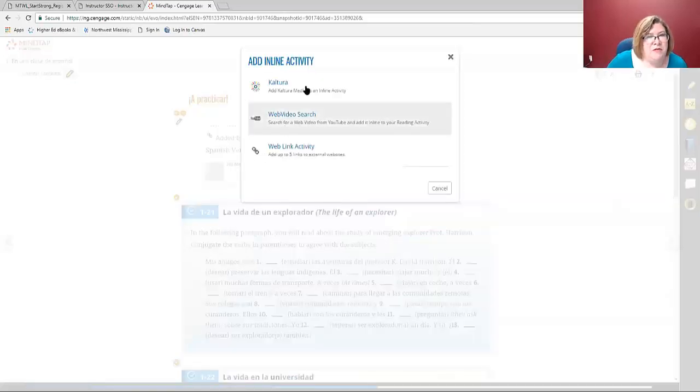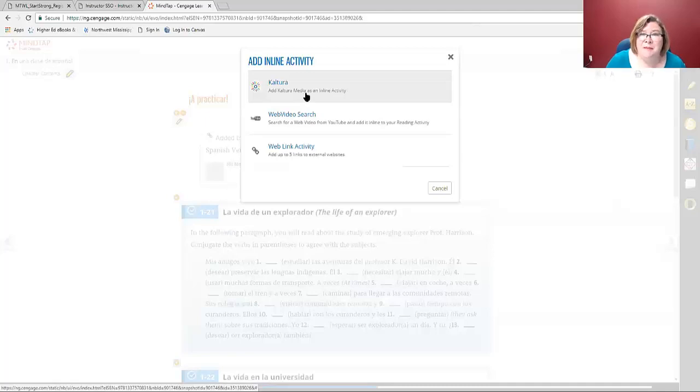So it also tells you that you can add the Kaltura. I've not used the Kaltura media, but at this point I'm probably going to start trying to explore a little bit more what there is. But I do know I use web videos a lot, especially YouTube's, and it's also nice to have any links that we would have in there. Like if you wanted to have your students doing a project, you could link in there.